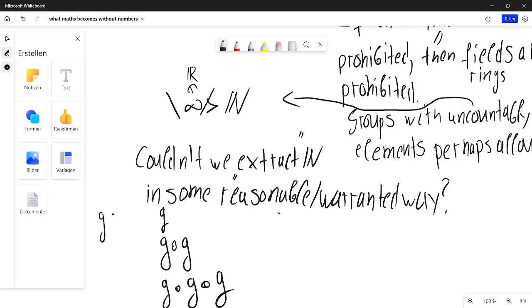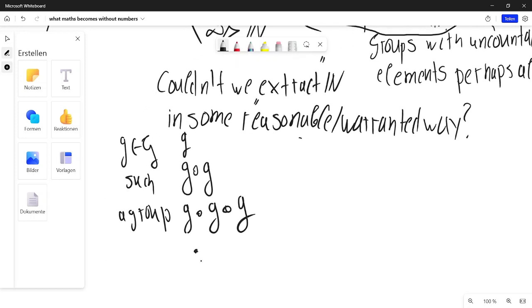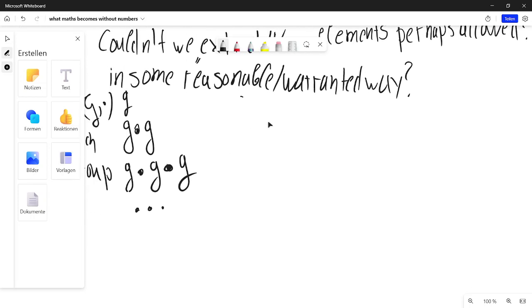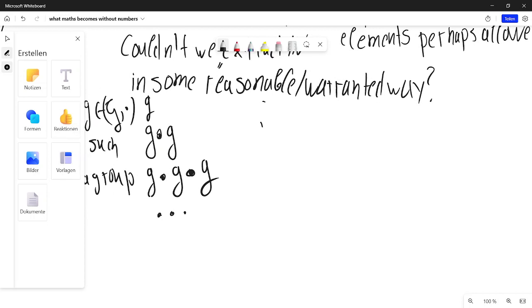G, such a group. And I mean, of course, that we use the group operations. Let's say the group operation, we denote it like this. We could kind of define the naturals in that way. So actually, what we are saying, and let's think about it more naturally. We are prohibited